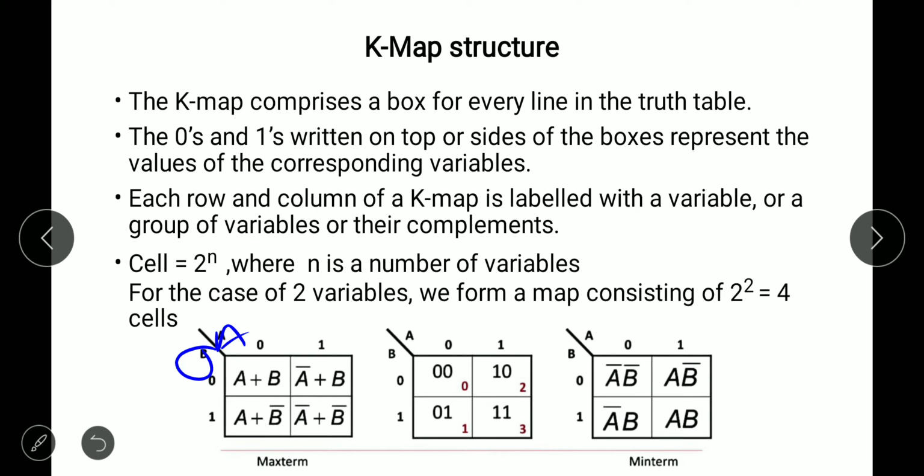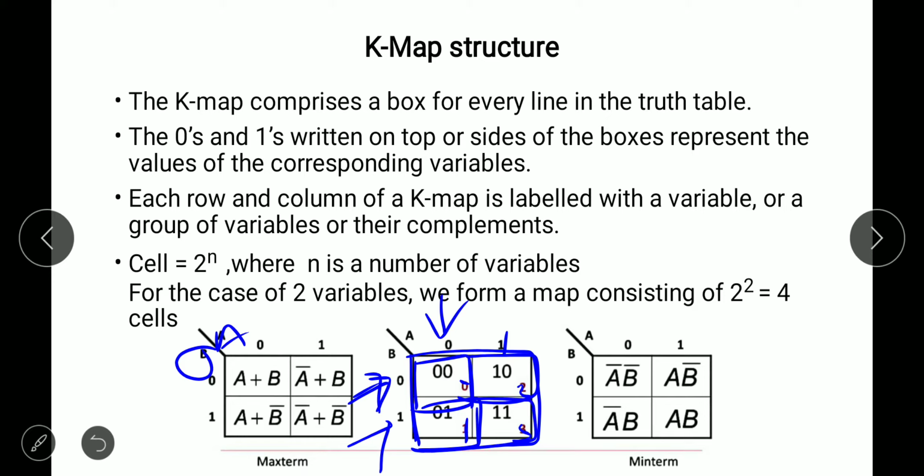So first, this is the value for the K-map, the two-variable K-map. The first column is 0, then here it is 1, then 2 and 3. Okay, so 0 0, how can we write 0 0? This 0 and this 0 will make this cell, that is 0 0. Then this 0 and this 1 make the cell 1 0, that is nothing but 2. This 1 and this 0 will make the third cell, that is 0 1, 3, and this 1 1 shows the fourth cell, that is 3.